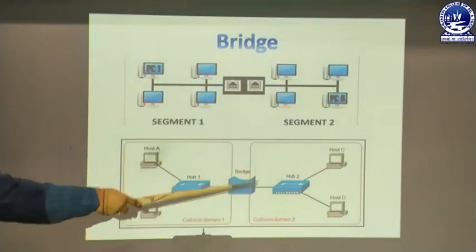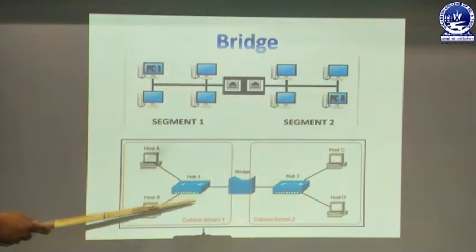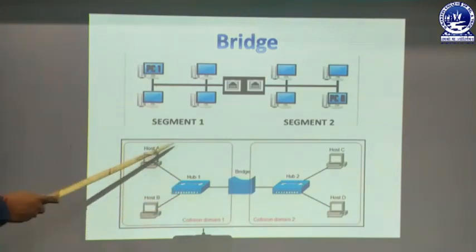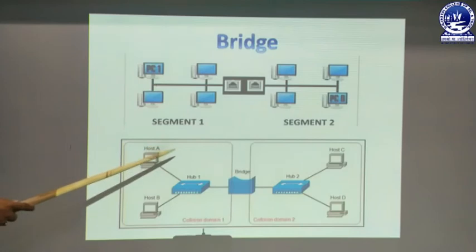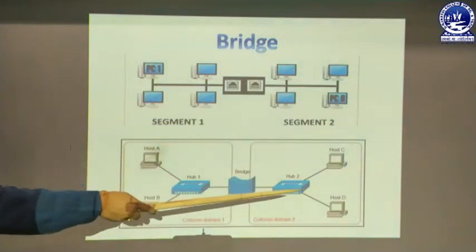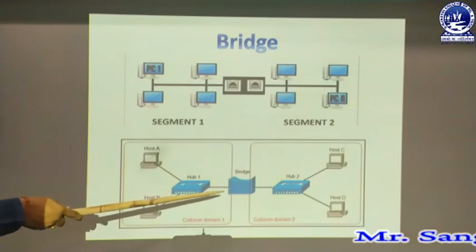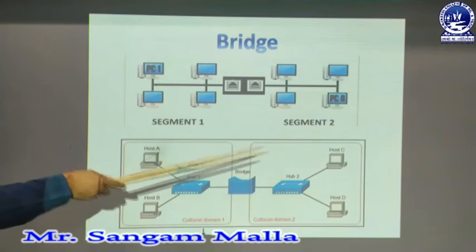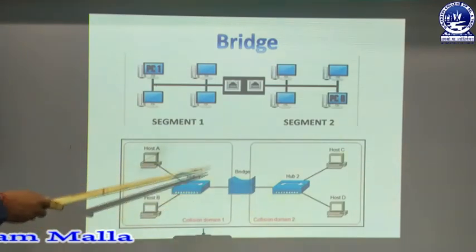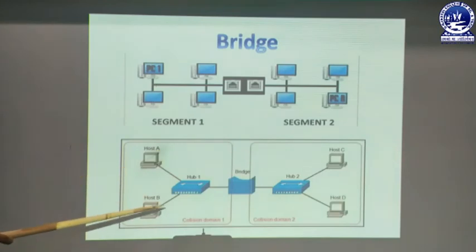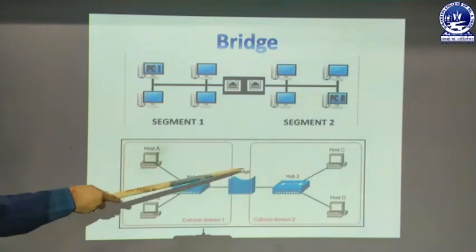So a bridge is actually used to connect between the two LANs. Suppose I have a building and I have a LAN connection in one floor, and I have another LAN connection in another floor, then they can be connected through the bridge. So a bridge is used to connect more than one LAN. If we want to configure the whole building and all the LANs are on different floors, the bridge can be used there.